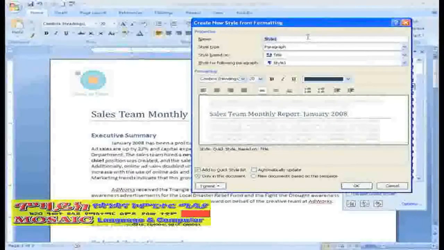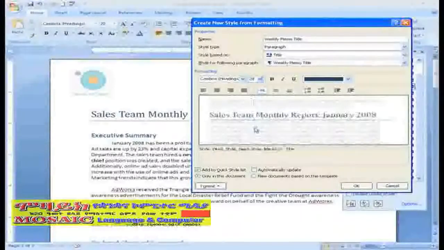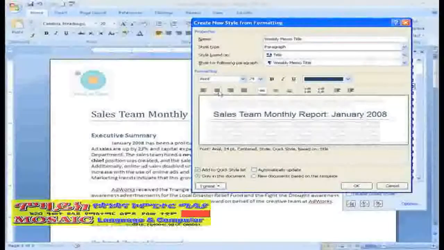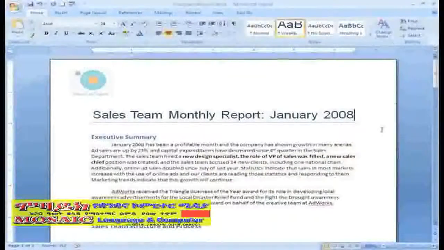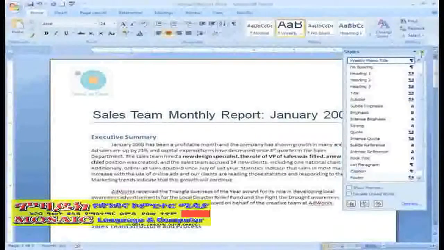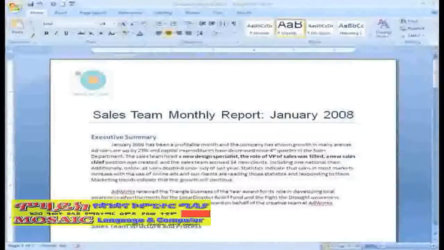Let's see. I may want to call this Weekly Memo Title. And since it is a title, I'll make the font pretty big, and I like Arial as a font, and I think it will look nice centered. Once you've made your formatting decisions, just select the button beside New Document based on this template so that it will be available to use in all your documents, and then click OK. And now you can see that our weekly memo title style shows up in the list. To use it, you will apply it just like all the other